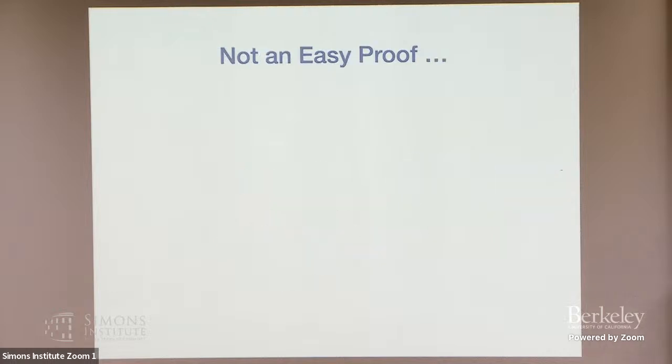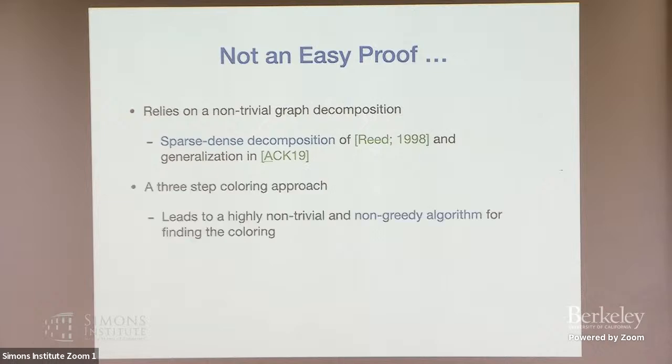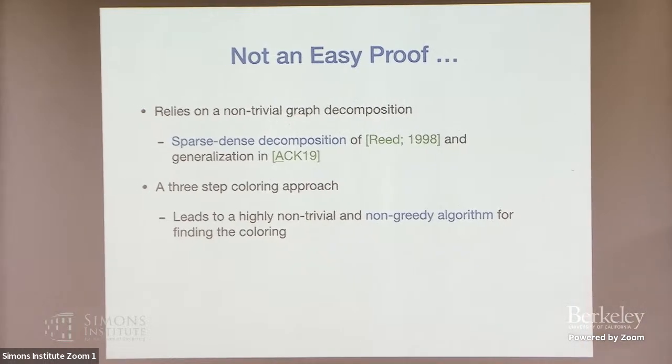The catch is that that theorem doesn't have an easy proof. In fact, it relies on some non-trivial graph decomposition. And in general, the moment you start using this sparseness decomposition, it gets combined with some multi-step approach where you have to color each part of the decomposition separately. It gives you some not so fun proof. And also the coloring,